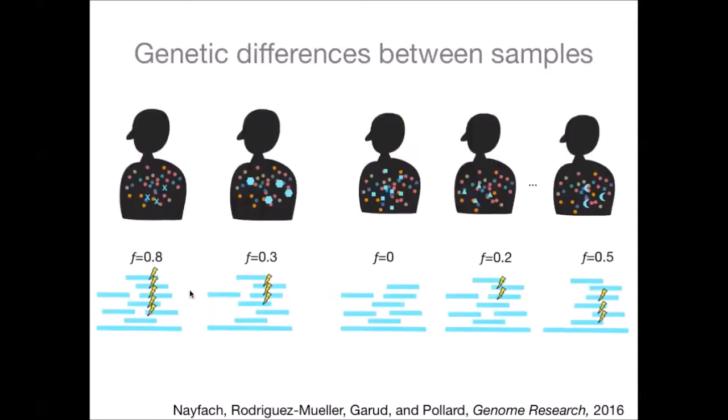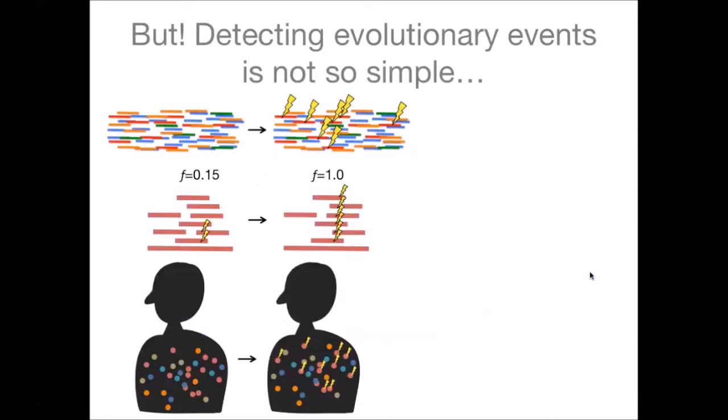So similarly, we could take a look at the blue species, for example, and we can see across a panel of individuals that this particular site has an allele frequency at 0.8, 0.3, 0, etc. It's actually a very variable site in this cartoon, suggesting it might be a very interesting candidate to look at. Okay, so we want to look for these allele frequency changes going from low to high after simplifying the data.